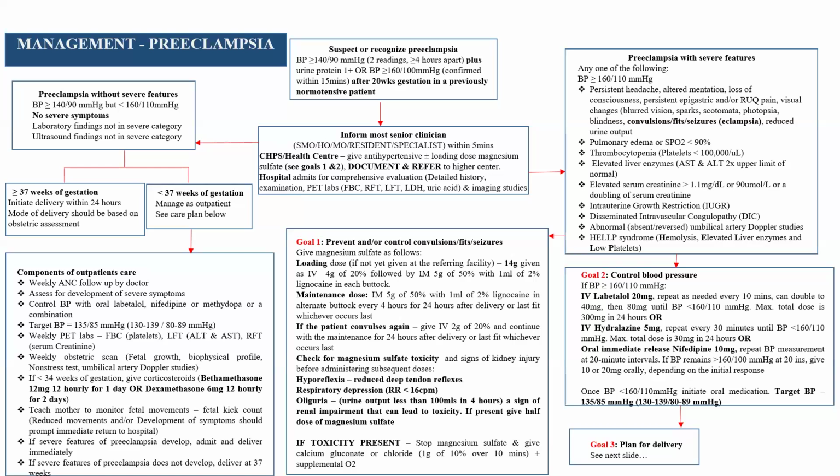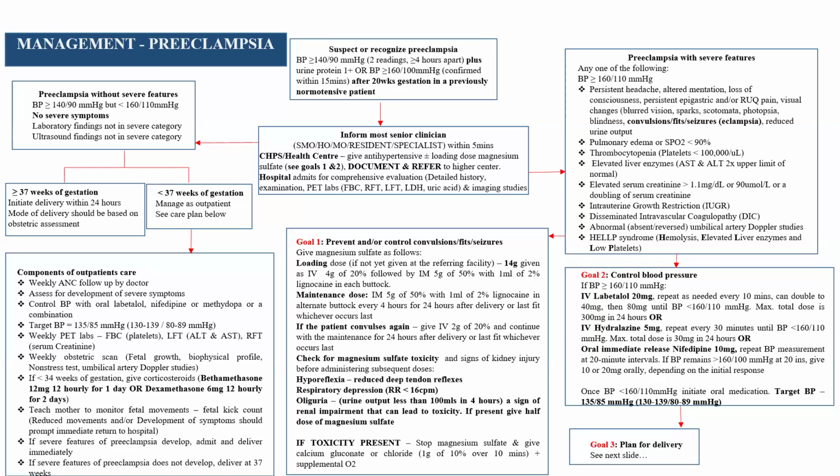So on the extreme right, if in our initial assessment we pick up that the patient has preeclampsia with severe features, that's any of the following: a BP of at least 160 millimeters of mercury systolic and 110 millimeters of mercury diastolic. Then the patient has persistent headache with altered mentation, loss of consciousness, persistent epigastric and/or right upper quadrant pain, visual changes, blurred vision, scotomata, photopsia, blindness, or there's evidence of seizures or eclampsia, or reduced urine output, or there's pulmonary edema, or SpO2 is less than 90, or you do your lab findings and